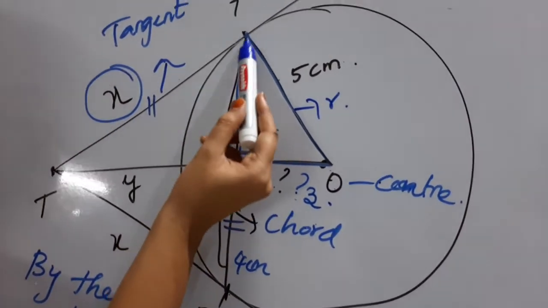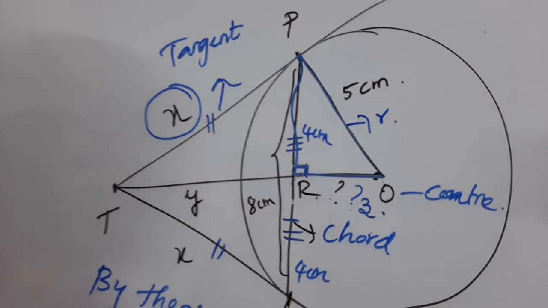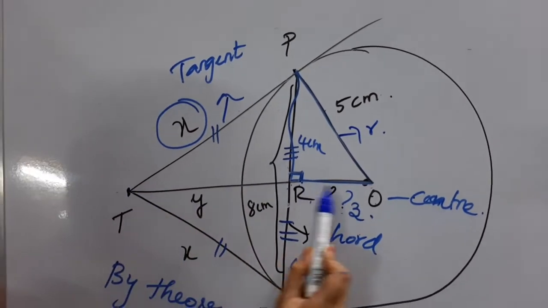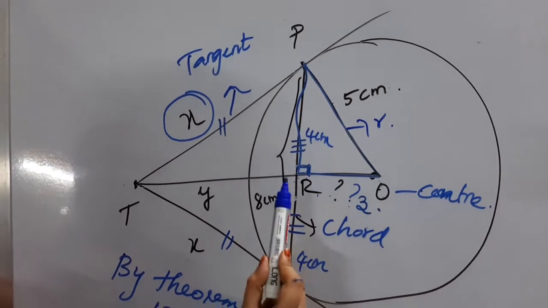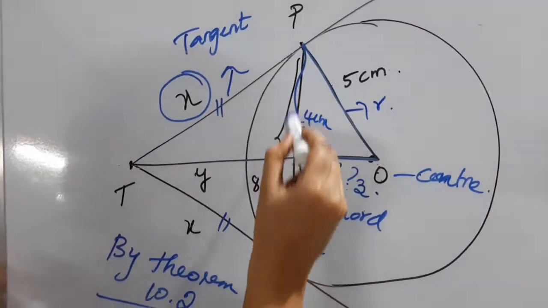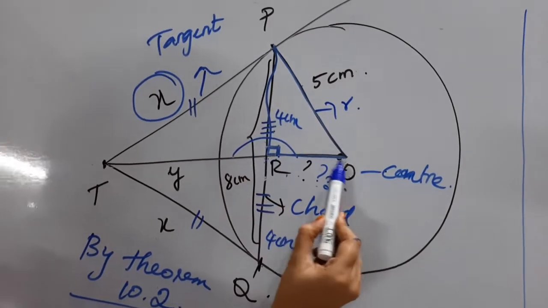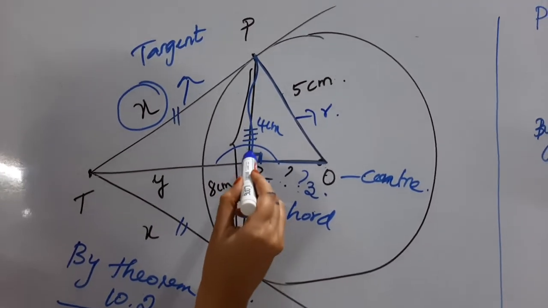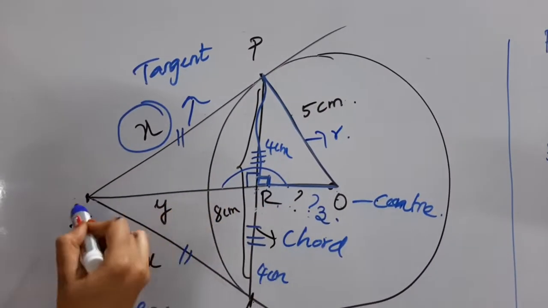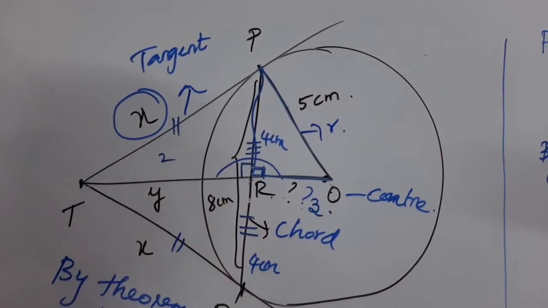Now come to this triangle. What is the triangle? PTR. Is PTR also a right angle triangle or not? It is a right angle triangle. How can I say that? Because consider the straight line TO. There is a point R on TO and that is divided by another line segment PR. So here it makes a linear pair, out of which the angle PRO is 90 degrees. Then what about the other angle? That is also 90. Therefore, your second triangle PRT is also a right angle triangle at R by linear pair.